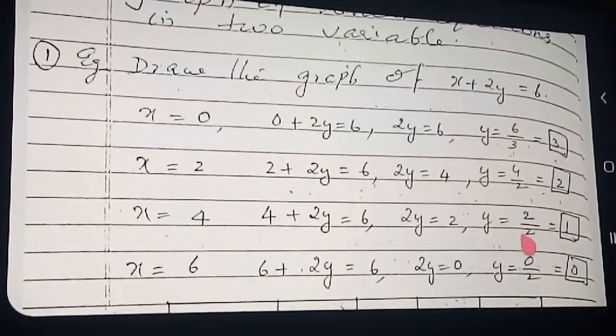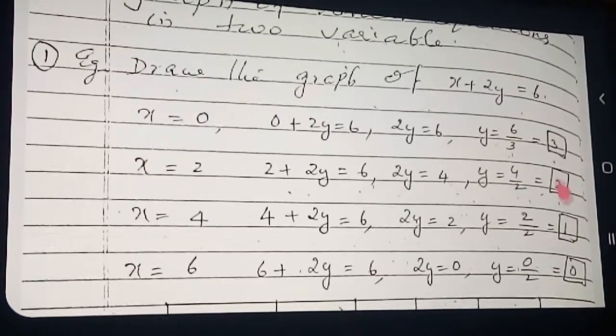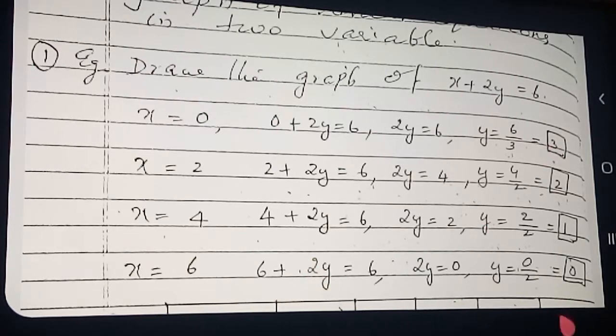These 4 solutions, this is your method. Any question of graph is coming, you find out either 2 or 3 or 4 solutions. 4 solutions find out. In the same way find out the solutions. Either you give the value of x and you give the value of y according to you. It is not compulsory you give x and then find y. You can give the value of y also, then you will get the value of x. Any way you can find out. In short, we need the values of x and y.